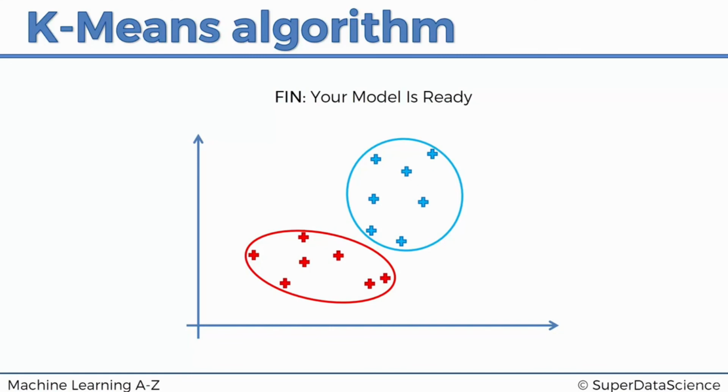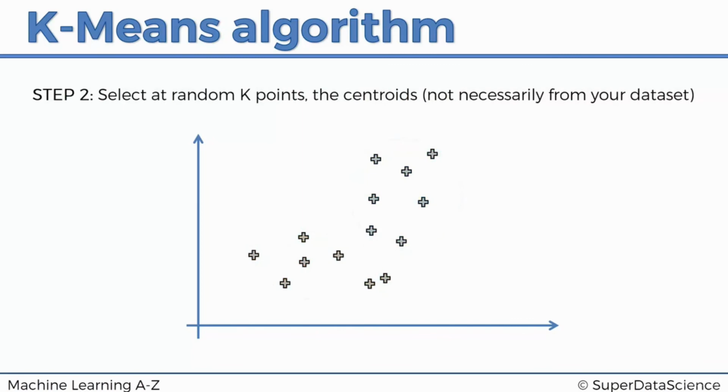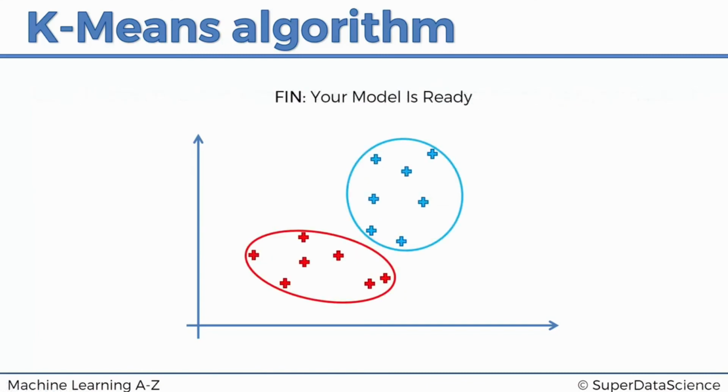It's very, very intuitive and straightforward, just an iterative process. And if we compare it to what we had at the start, this is what we had. As you can see, it's not that obvious how the clusters would have been arranged. For instance, you might have thought that maybe this could be a cluster on its own, and this could be a cluster, or maybe this bottom part would be a cluster and this top part would be a cluster. But based on the k-means algorithm, what we got as a result is these two clusters. So the points in each cluster are not exactly very similar to each other, but